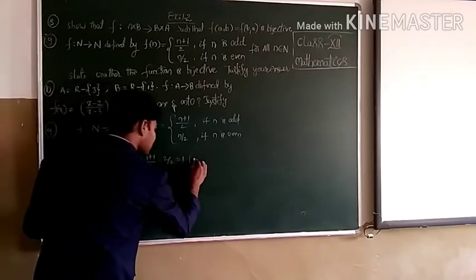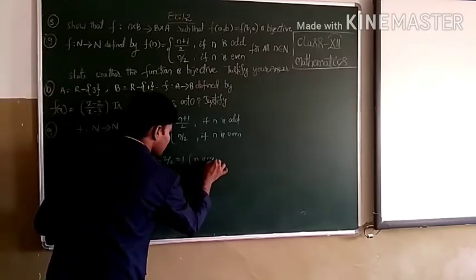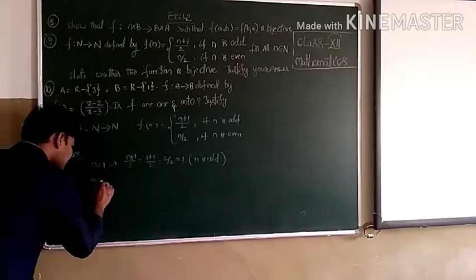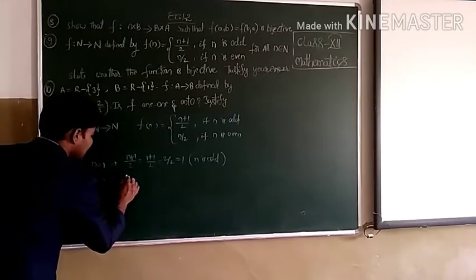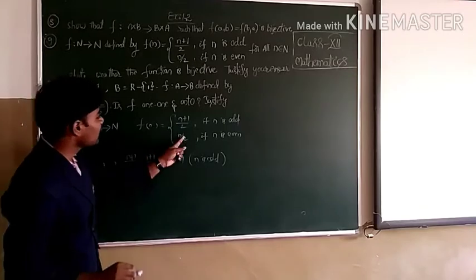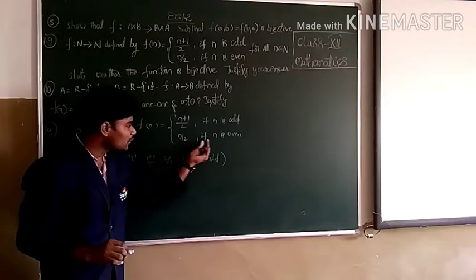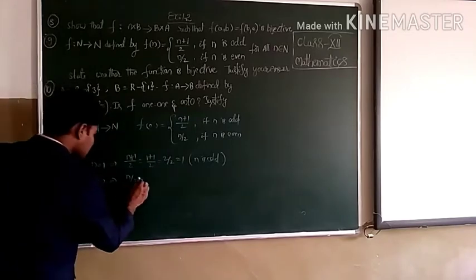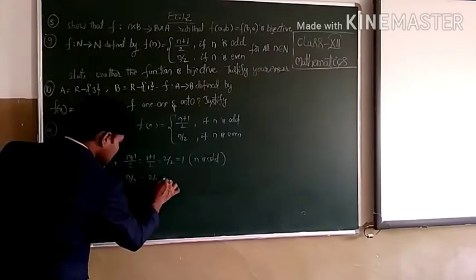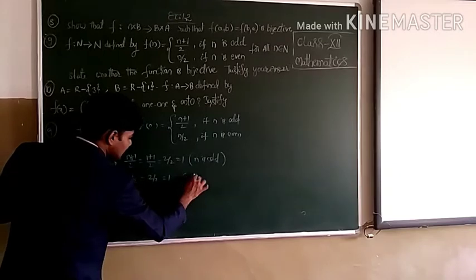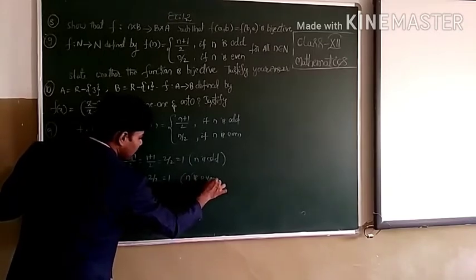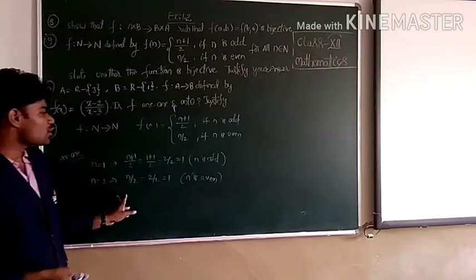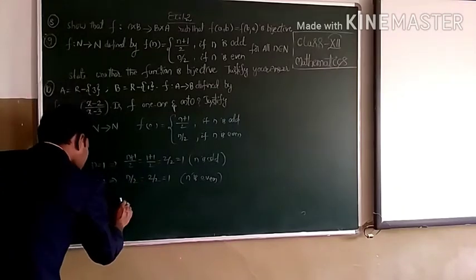So when n is an odd number. If I consider n equals 2, then the n by 2 case needs to be taken, since n by 2 applies if n is an even number. So 2 is an even number here, and n by 2 is equal to 2 by 2, which is equal to 1. So here the case is n is an even number. So simply we can say that f is not a one-one function,